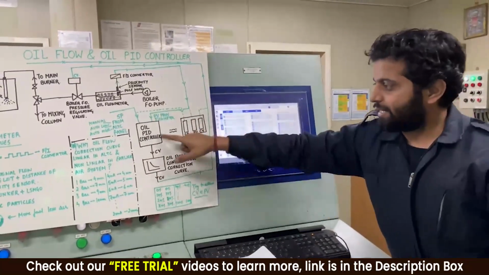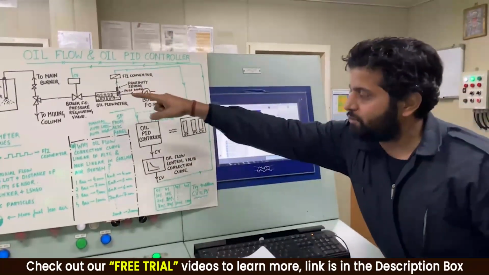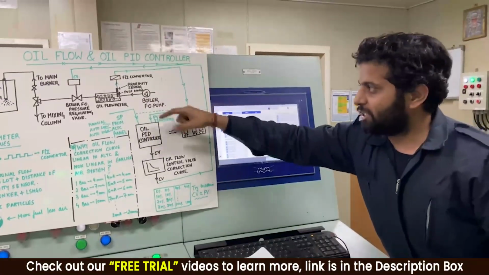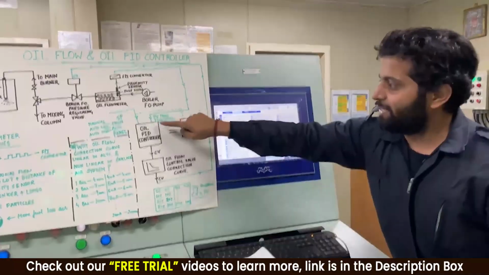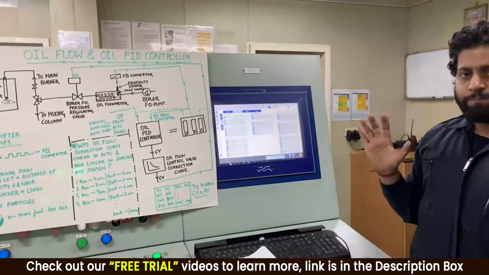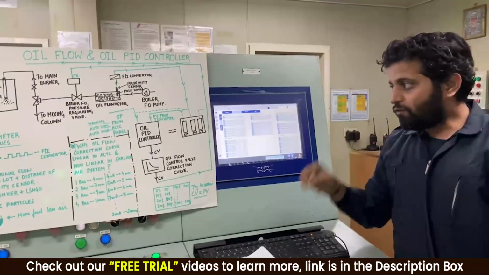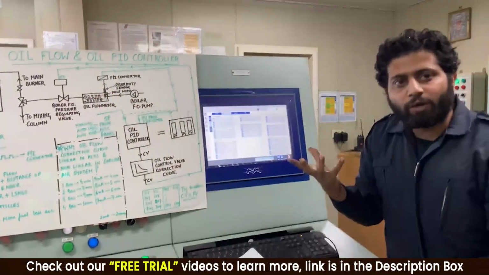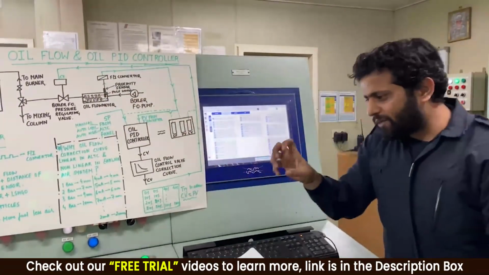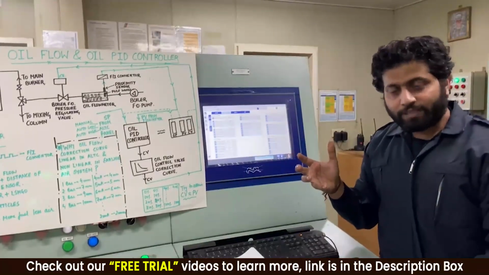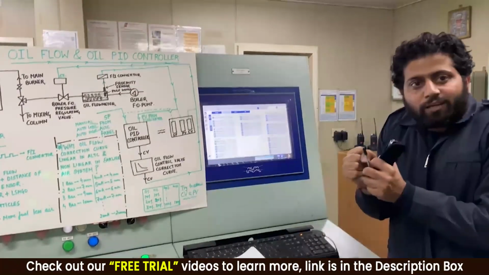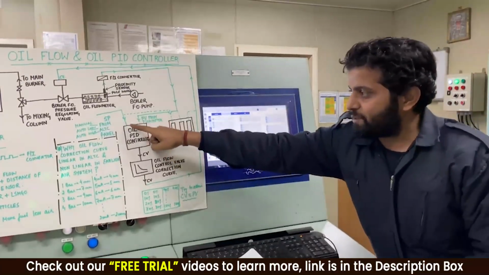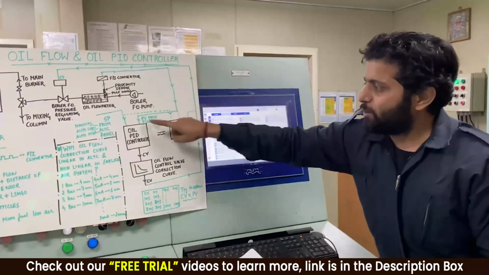Say 25%, it gives an output. This output goes and opens the valve. When this valve opens more, the oil flow meter runs faster, then it gives the process value that yes, it is 25%, right? What if the output goes, but this valve is stuck? This valve is not opening. That means the oil flow meter is not going to rotate faster, right? Or what if the oil flow meter has got stuck? The bearings are damaged. So that means when you wanted 25% load, the PV is still 20%.